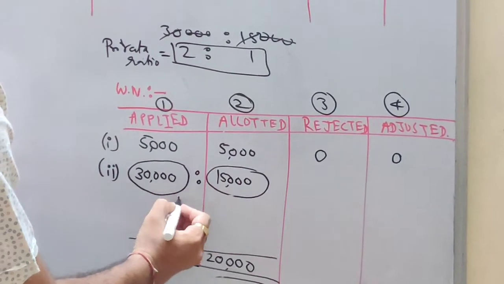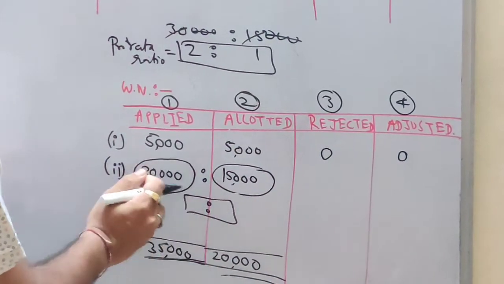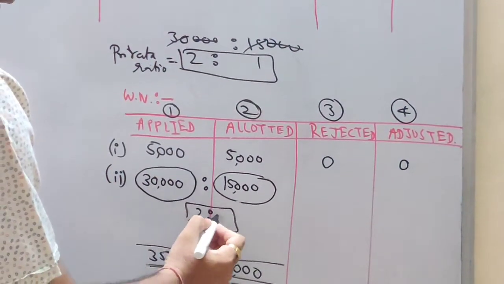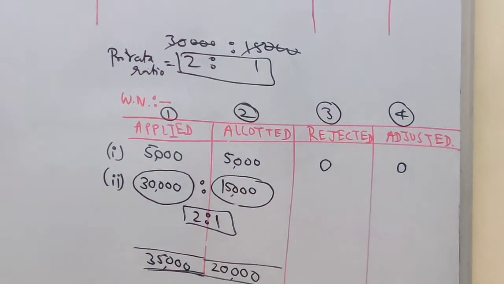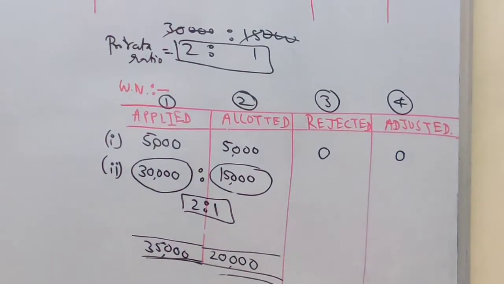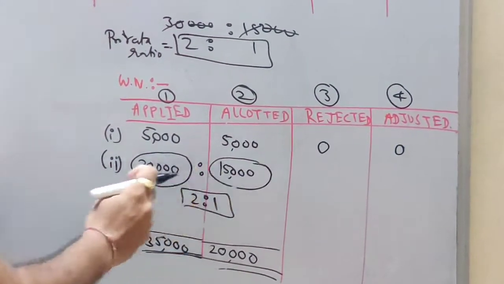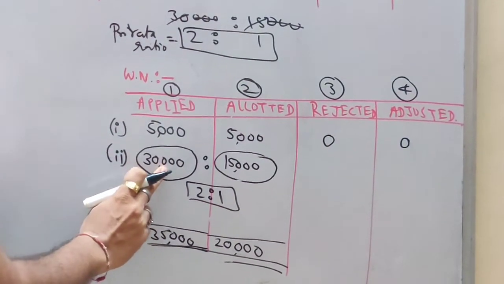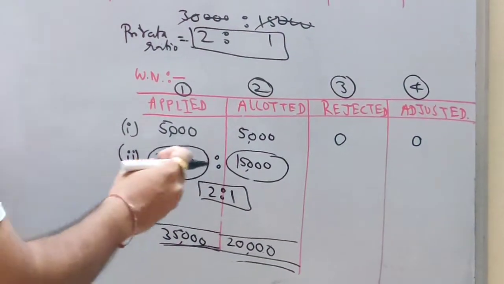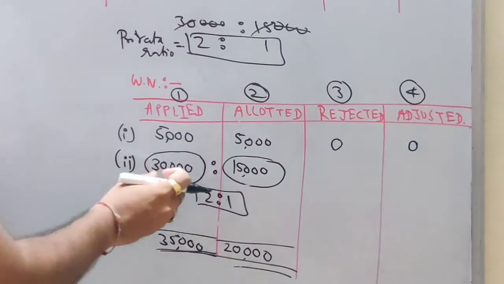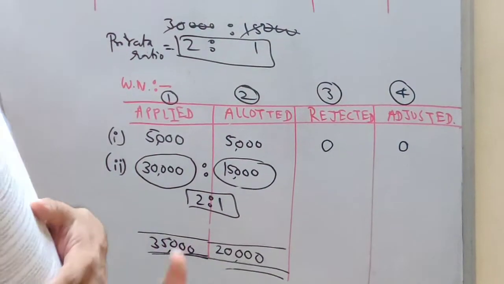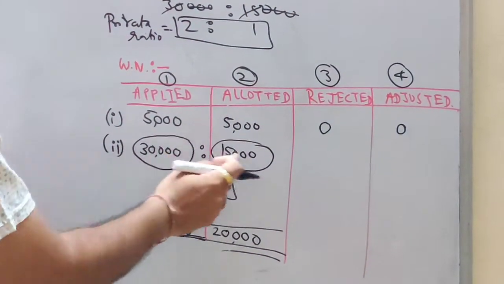And how have we calculated the ratio? By cancelling and simplifying. First you cancel the zeros, then take a table and cut it, simplify it. So your pro rata ratio is 2:1. This ratio we found by simplifying these two amounts. Am I clear with this? Now also, students, see it this way: those who have applied for 30,000 were allotted 15,000. Out of 30,000, partially 15,000 was allotted. The remaining 15,000 was not allotted. This is called partial allotment.